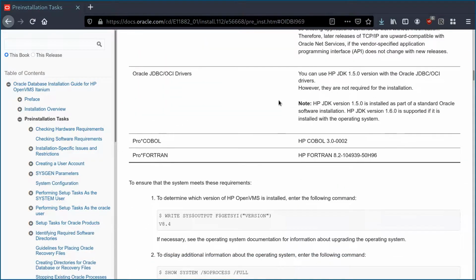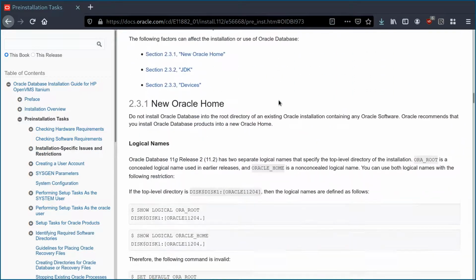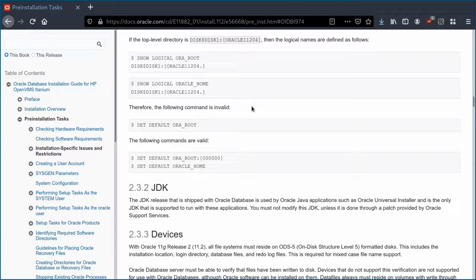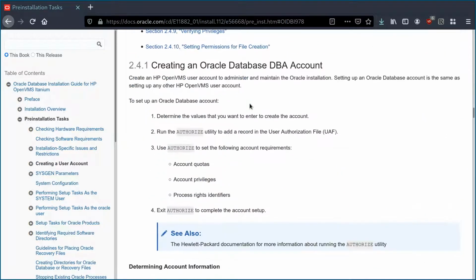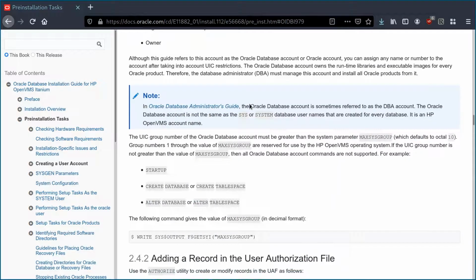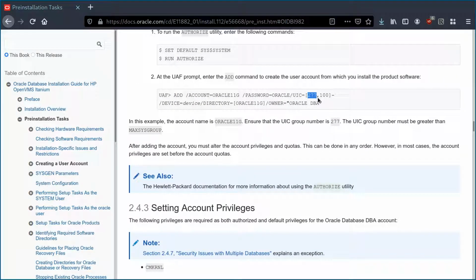So back to the top, the first thing I think we needed to do was create our Oracle user. Creating a user account. Okay. So we're going to create a user. They're using 277 as the group identifier, and then user number 100. We may as well use that because we don't have any other particular assignment scheme. So let me switch back over to my VMS system